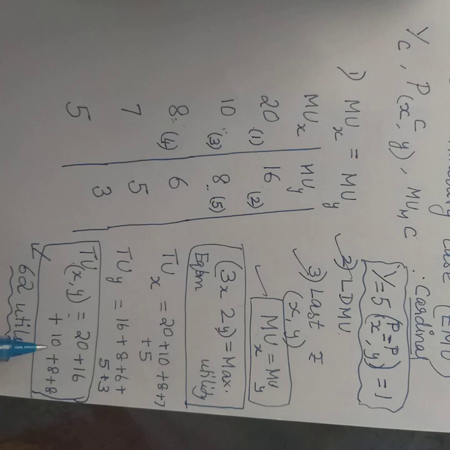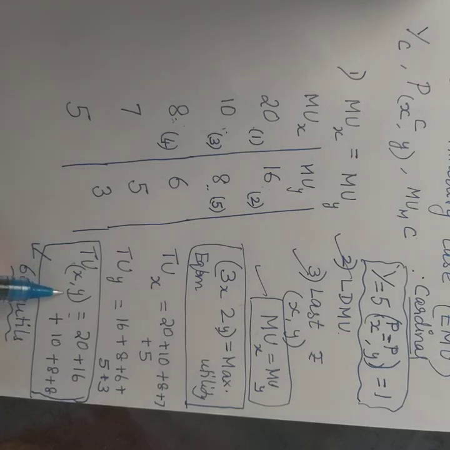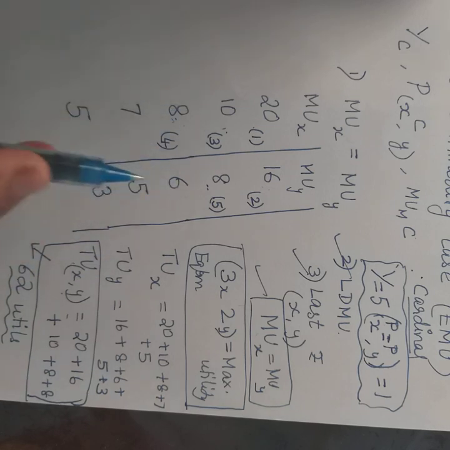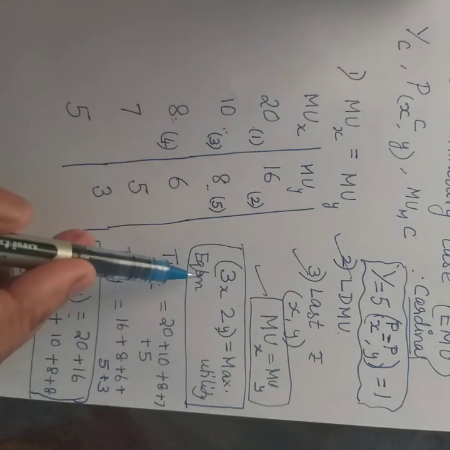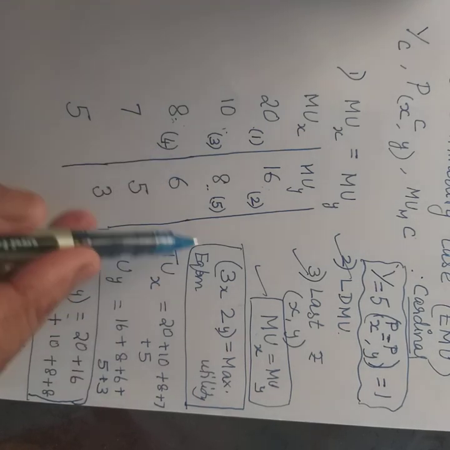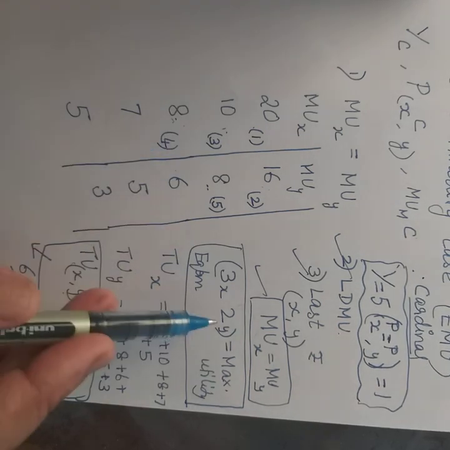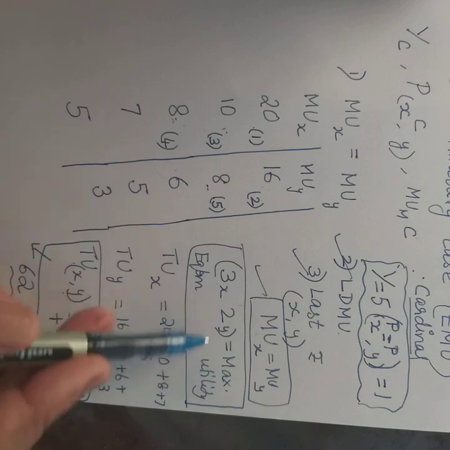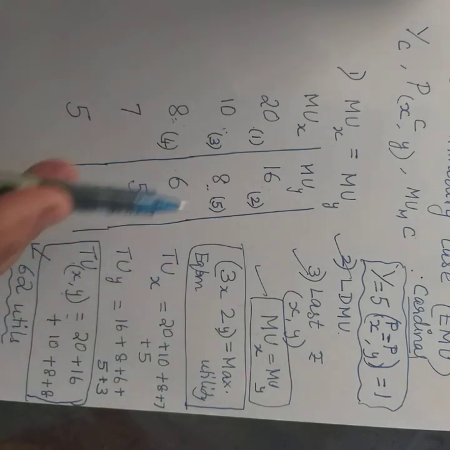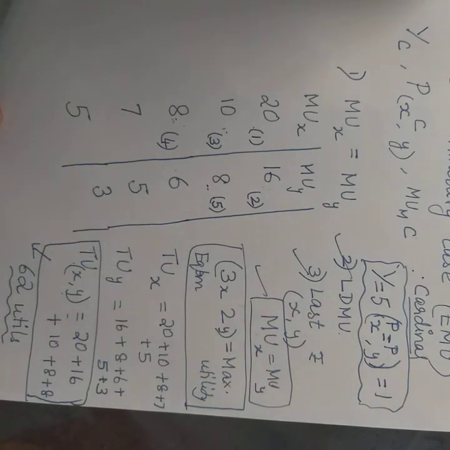So you understand that the total utility method suggests that combination gives a better satisfaction. Marginal utility method also says that there should be equation of the marginal utility. Fine. So these are the two methods through which the two commodity case consumer equilibrium, the cardinal theory, can be understood. Hope you have understood the theory.